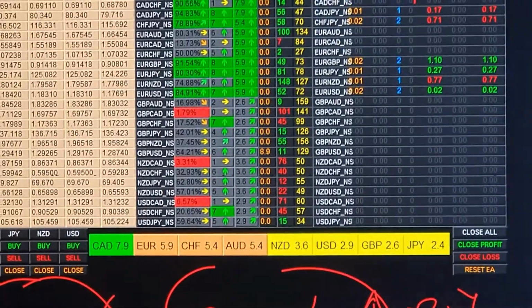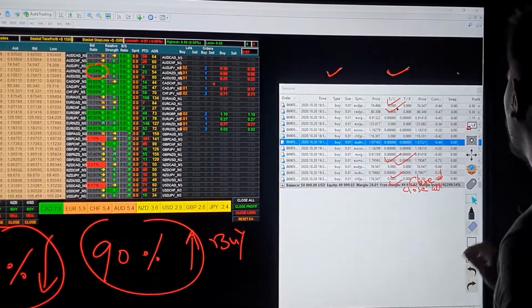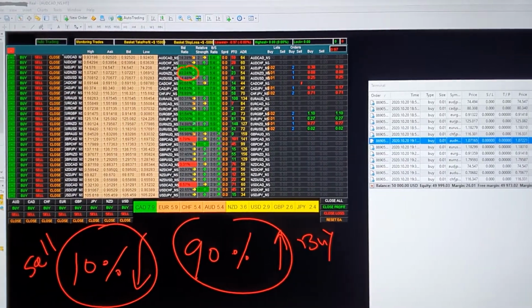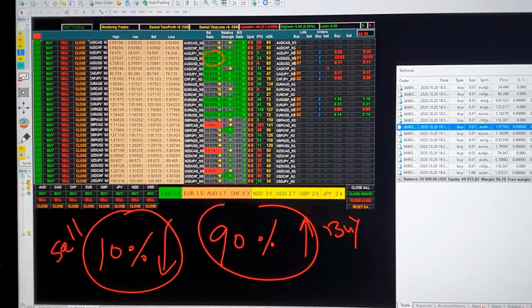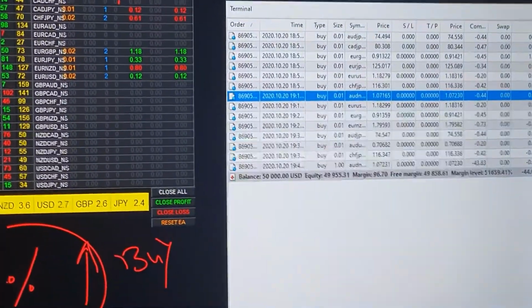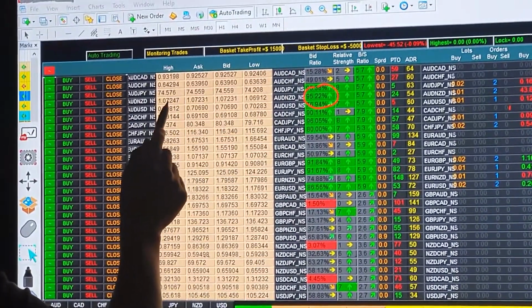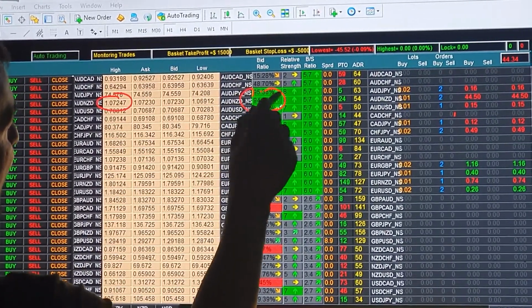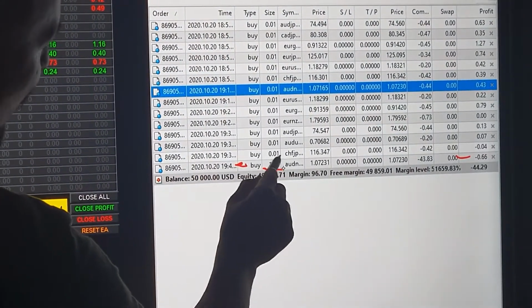So now we will start the trading, and you will see the trades live. Here you can see one trade in AUD NZD has already been placed. As we explained just a few moments ago, once AUD NZD crossed this mark of 94, the trade was placed. You can check here also and verify one lot.